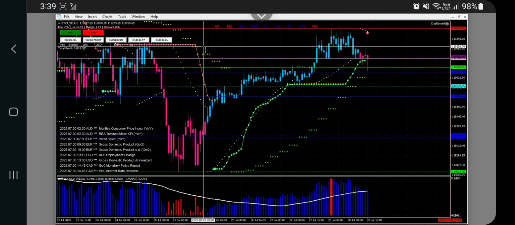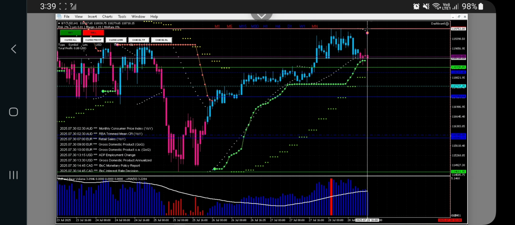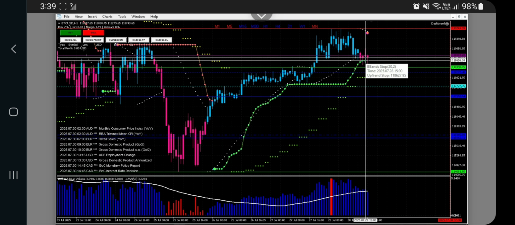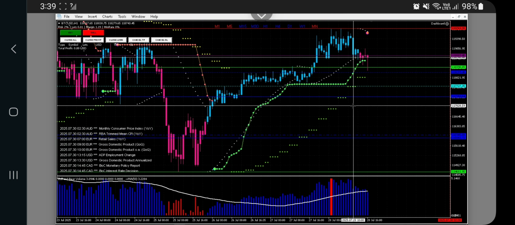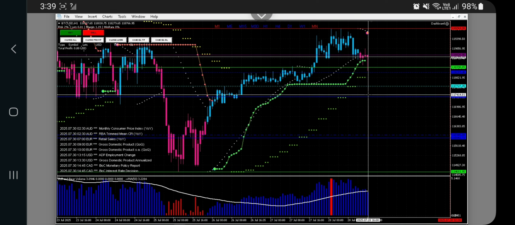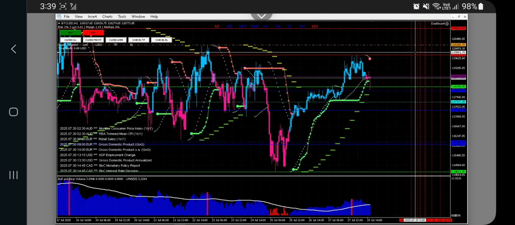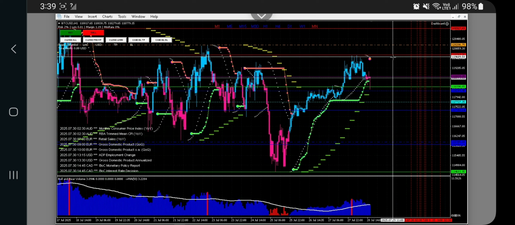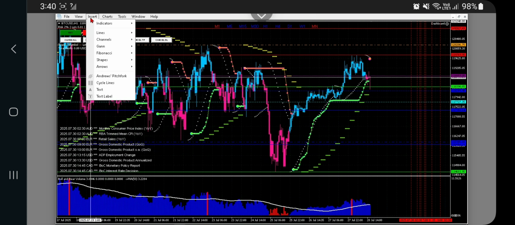Looking at these parabolic SAR indicators, we do have a potential reversal happening here. We can also see that the color change has occurred here as well. So if price breaks below this point, we can consider it to be a sell. However, the reason why we don't think it's a sell and potentially a retracement is, if we zoom out here, we can see that this green indicates support, this red indicates resistance, right? So we would need confirmation that price has in fact broken